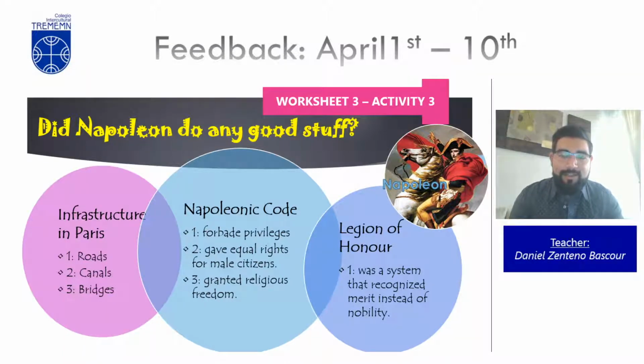And the purpose is to know why certain people would have admired this character in the story. Let's have a look. To start with, he ordered to construct a lot of infrastructure in Paris: roads, canals, and bridges. Also, he sponsored the Napoleonic Code, which forbade privileges between rich and the poor and gave equal rights for